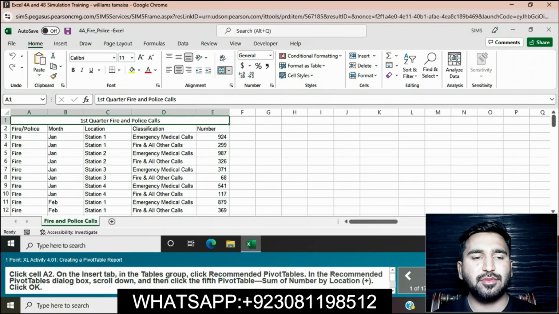Let's start our training to solve step by step. Question 1 is that click cell A2. On the Insert tab in the Tables group, click Recommended PivotTable. In the Recommended PivotTables dialog box, scroll down and then click the fifth pivot table, Sum of Number by Location. Then click OK. First we click on cell A2